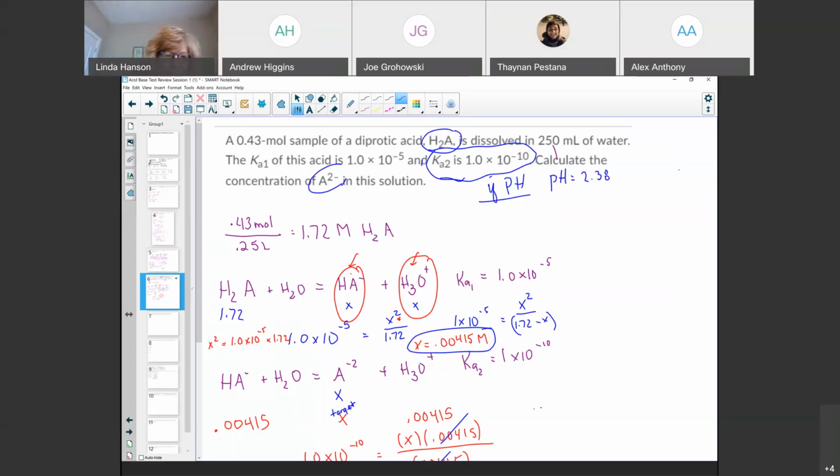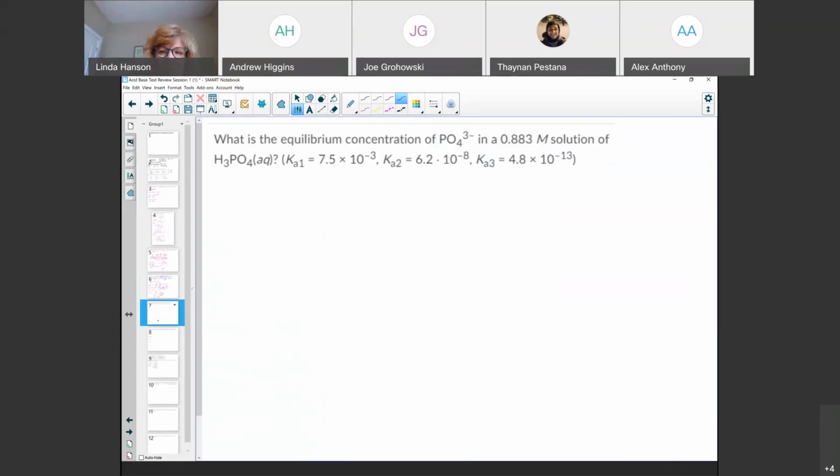Polyprotic acids. So I went ahead and found an example here where this time I give you a triprotic acid and we have to go all the way to phosphate. Kind of go through what this is saying. I have a triprotic acid, H3PO4, and it's asking me about the phosphate, PO4 minus 3. Since that's removal of 3 hydrogens,